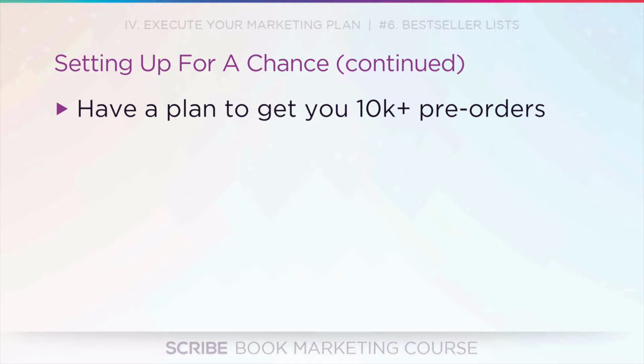Now, it can't be a hope or a wish. If you're just like, oh yeah, I'll hit up my Twitter, it's not gonna work. If you don't have at least 10,000 pre-ordered books through sales channels that the New York Times sees as valid and counts on their list, which mainly means physical independent bookstores, not Barnes & Noble, yes, but also heavily weights independent bookstores, you probably aren't going to hit the list.